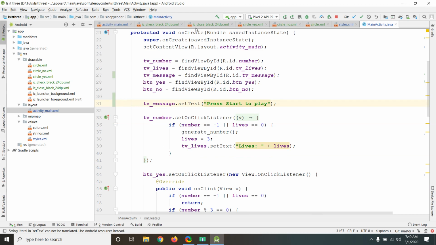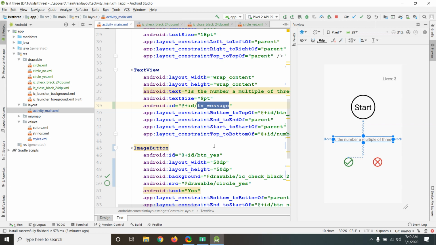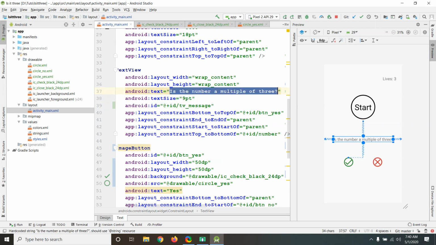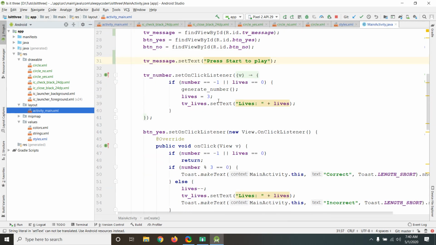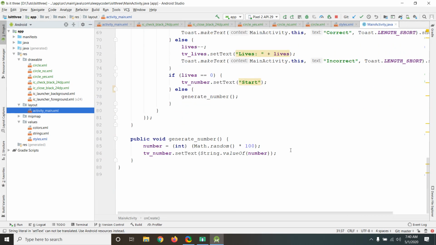And let's copy the text from the message which we would be updating it with, and place it in this code where the text view message would have text set to